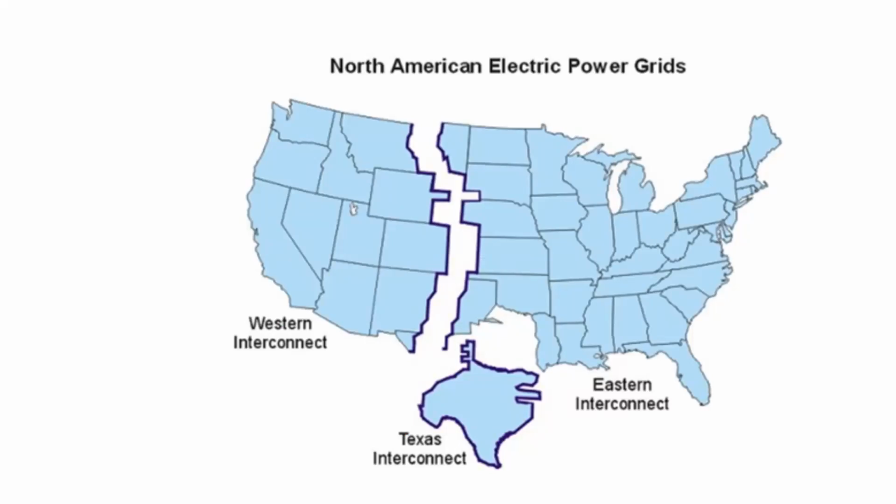And then in addition to just the production of heat, we also have to think about how we can move energy. We have to think about how we can get that energy from where it's being produced, so from the power plant, the wind turbine, whatever it may be, to the source of that energy. And in America, we've got it split into a couple different pieces. So we've got the western and the eastern power grids.